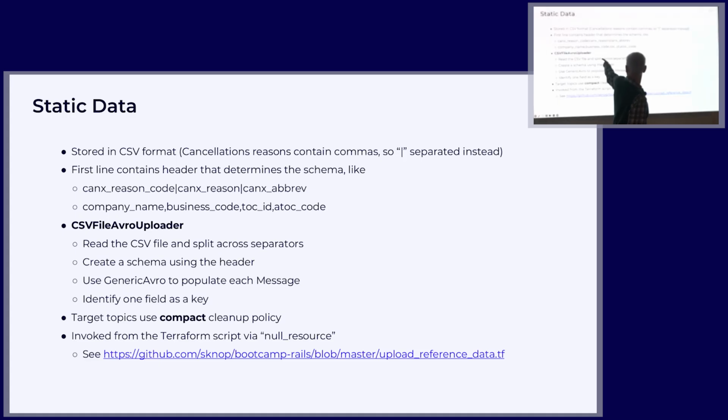the CSV file Avro uploader, that goes to the CSV file, finds the first header in the line on the top of that, creates a schema from that, and then reads the rest of the data and dumps it in that particular place using a generic Avro provider. So with that, I can simply gobble it up. When I access it via Terraform with a so-called null resource, it basically says, fire this up locally. It fires up the Java application, points it to the CSV file, eats it all in, dumps it into that topic, job done. Easy peasy, takes a few seconds.